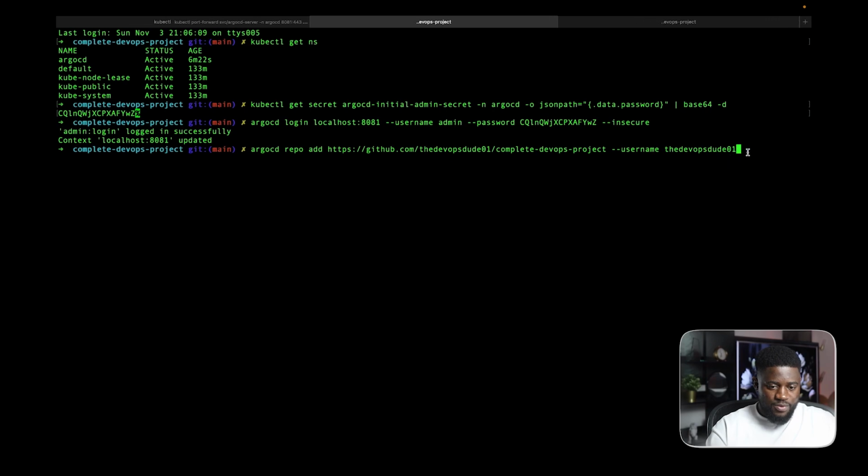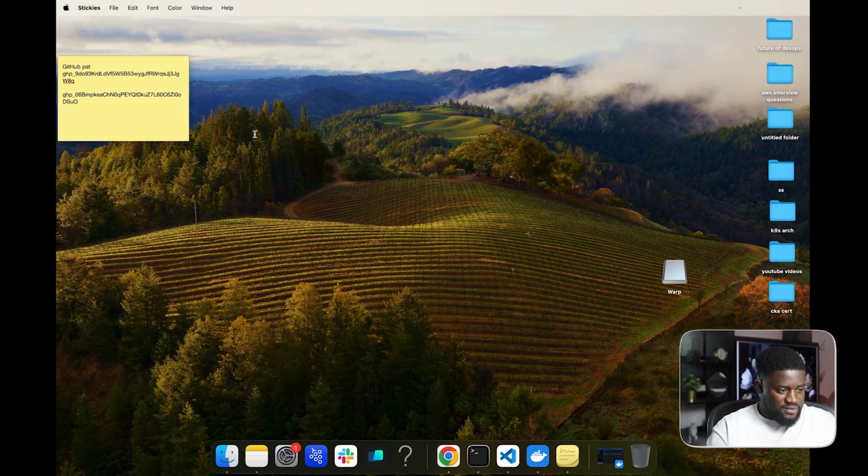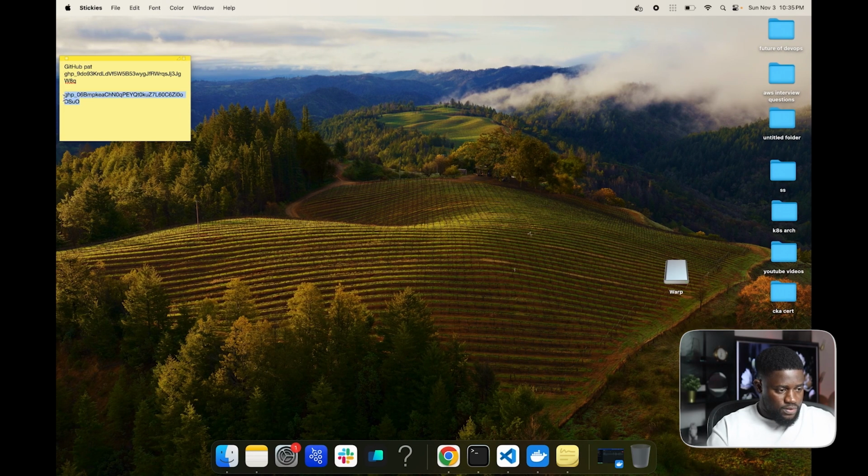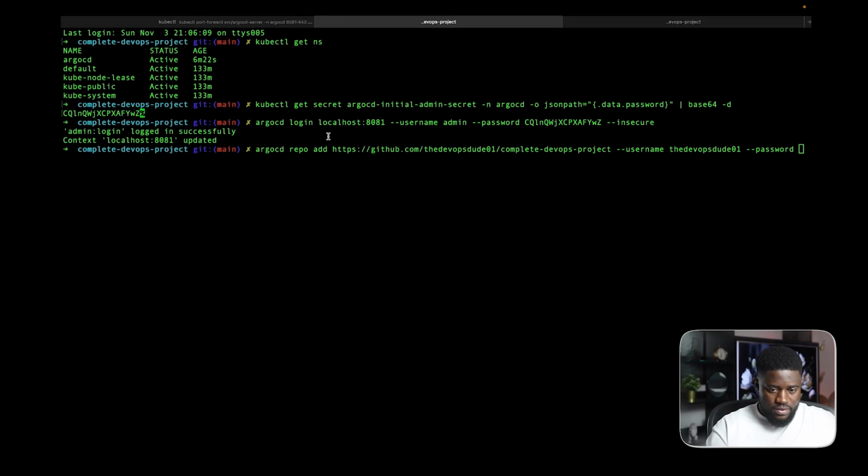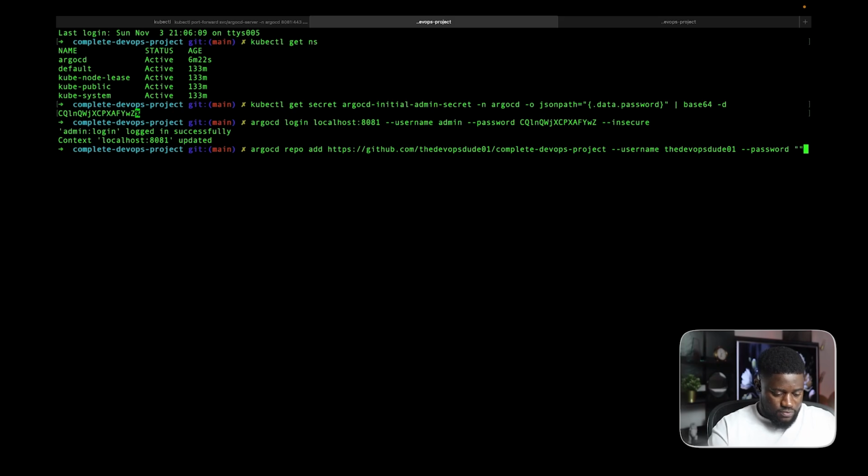Cool. Next thing we want to enter is the personal access token that we just created. So password, and then let me grab that from where I saved it. So this, put in quotes. So that's the personal access token. Then the next is the server, which just like we did above, we can just grab that here,